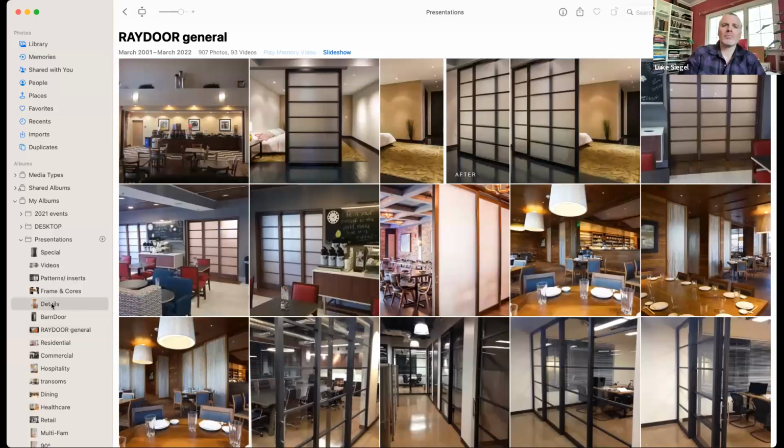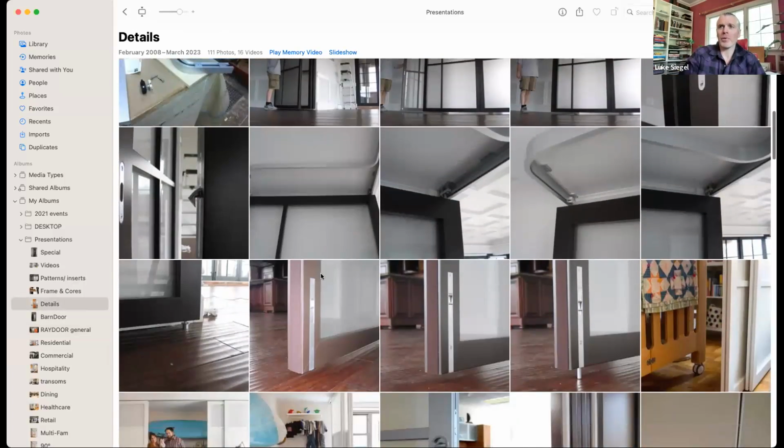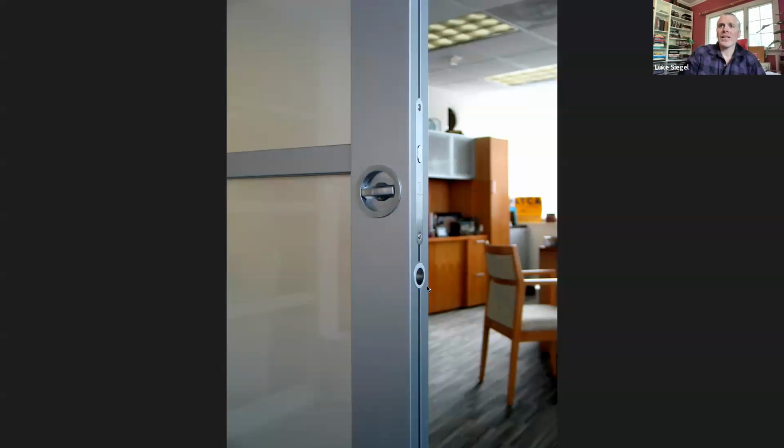So looking at this, for example, the edge pull that we used to use was a finger pull, and it was not ADA compliant. Here's an example of it. There's no way that you can really use consistently a knuckle or an elbow to operate a panel like that. Now,